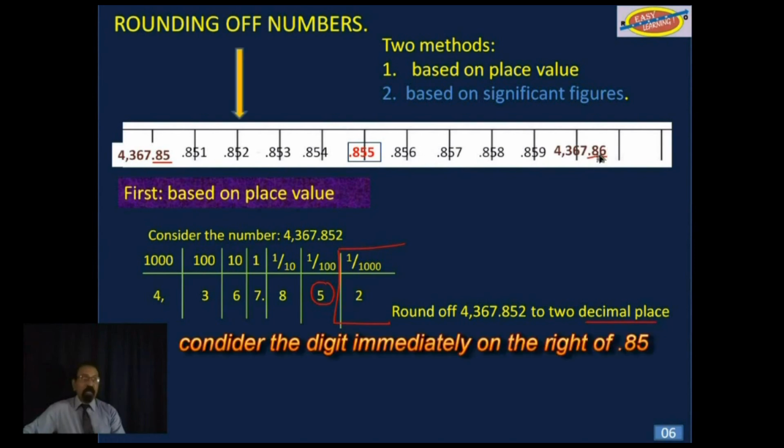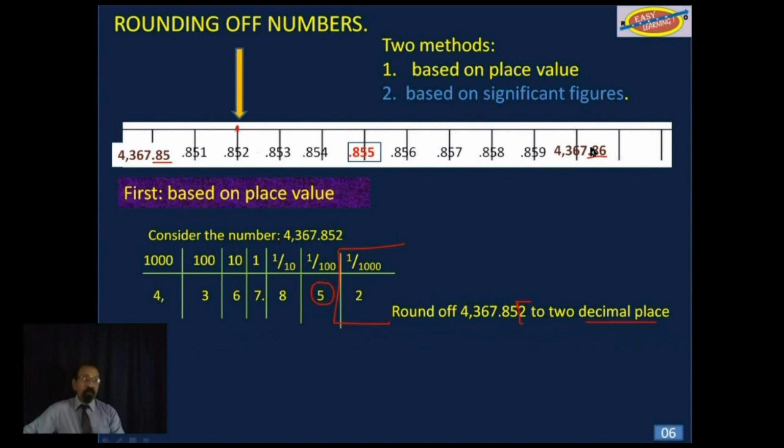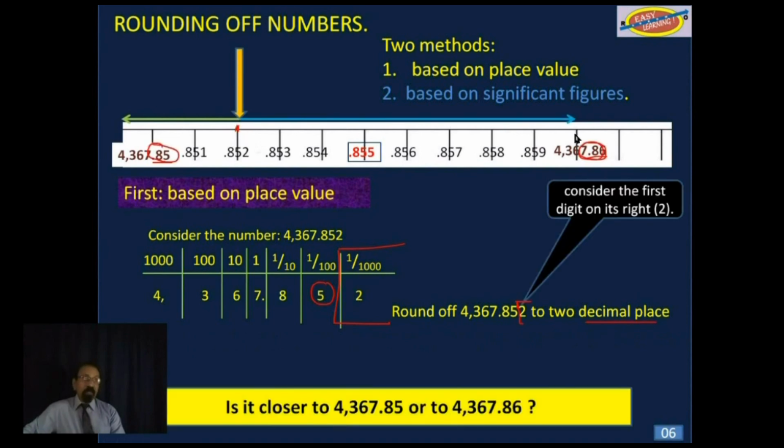Now we look at the number immediately after, which is 2, which is here. So we ask ourselves, is that number closer to this or is it closer to this? As you can see, it is closer on this side. And so when we say we are rounding off a number, we mean which number is that position closer to. That's what we mean. So in this case, our answer would be